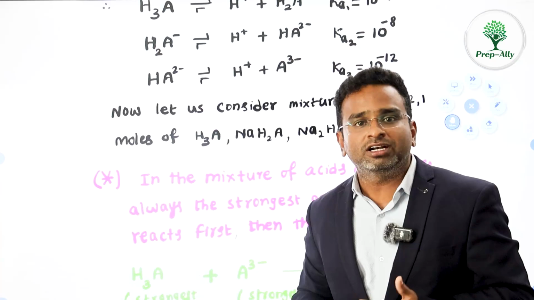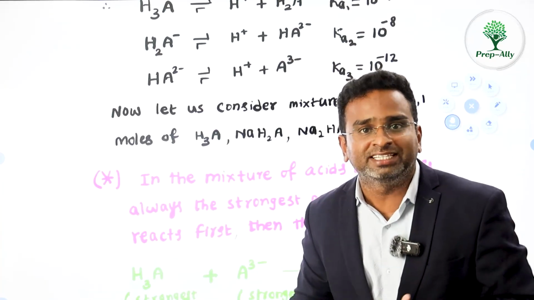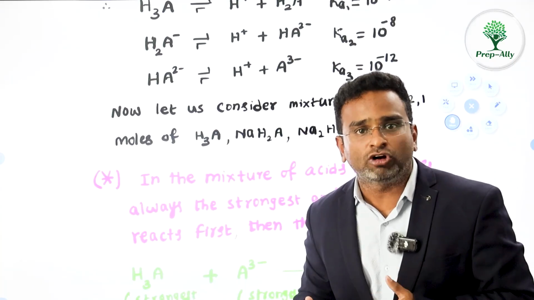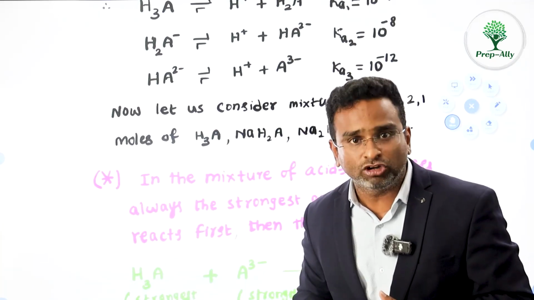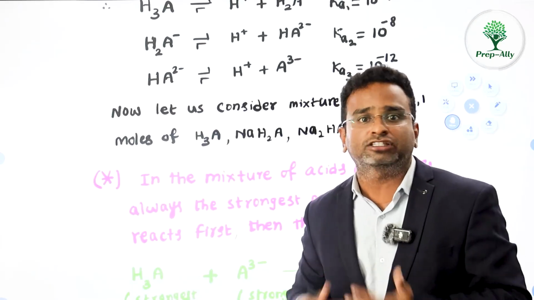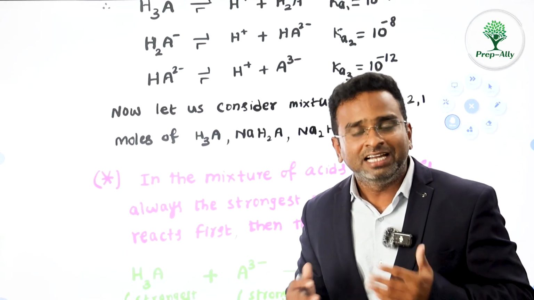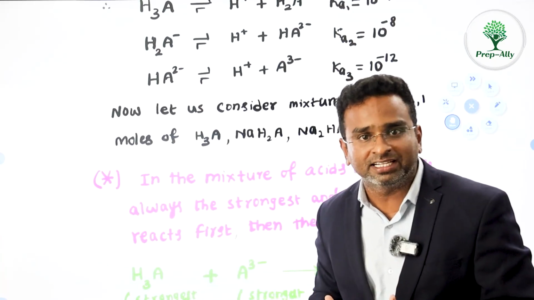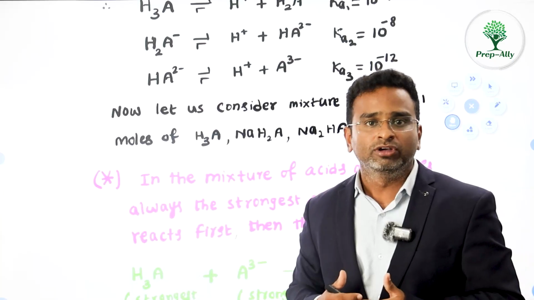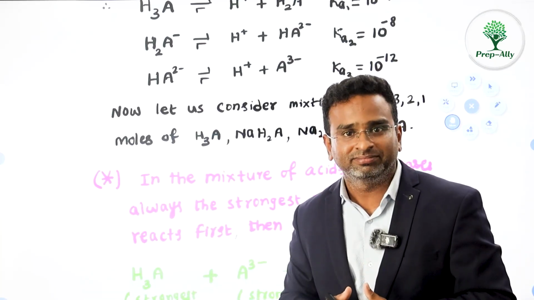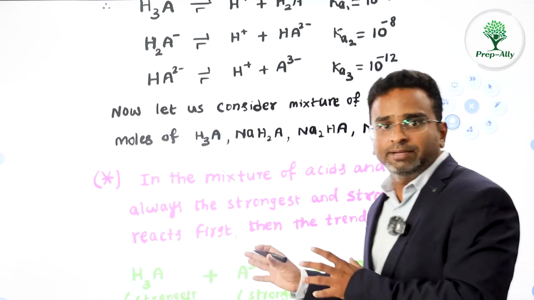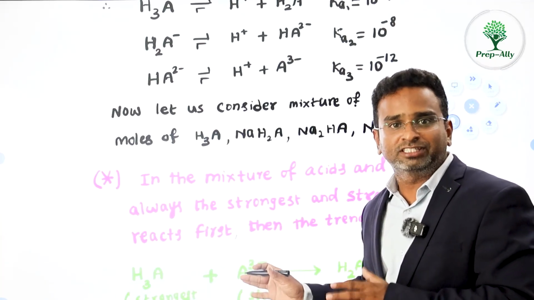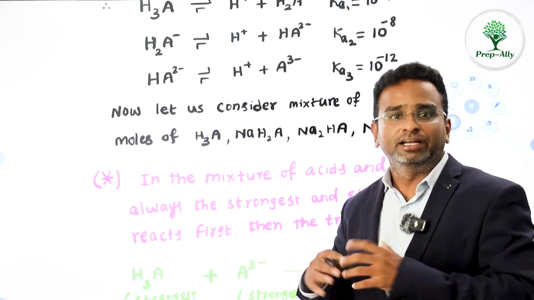You must have already learned about enthalpy of neutralization. Whenever two strong electrolytes react, strong acid and strong base, they release more enthalpy of neutralization, which makes the reaction more spontaneous. Because delta H becomes more negative, and delta G is equal to delta H minus T delta S, delta G also becomes more negative, which makes the reaction more spontaneous. Right? So the only concept you need to learn here is that the strongest acid always reacts with the strongest base first in a mixture.